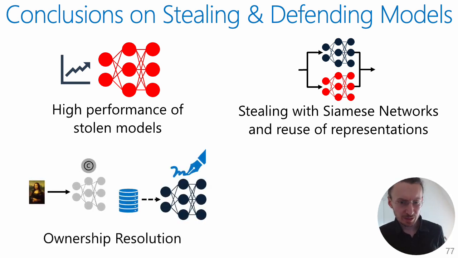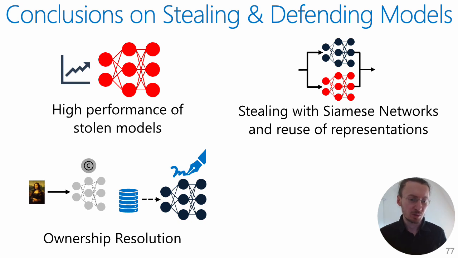And defending SSL encoders actually is non-trivial, as we showed in many of these examples. So we started from showing that watermarking SSL models is not effective. There are possible ways to do it. In our case, we just show that we can, for example, embed some secret task into the encoder. In our case, the task was just to rotate the given image and then also force the encoder to predict the rotation range.